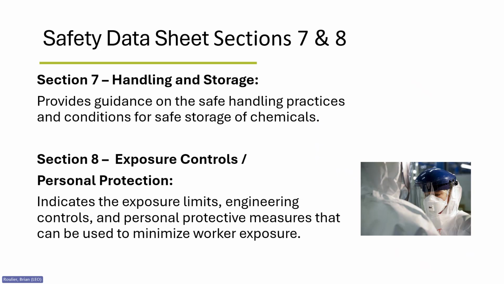Section 8 contains applicable federal OSHA permissible exposure limits and other occupational exposure limits. Specific states like Michigan may have lower permissible exposure limits that are not listed in the safety data sheet. Applicable standards should be viewed to compare these limits to. Section 8 also contains recommendations for engineering controls and personal protective equipment to minimize employee exposure. The recommendations may include specific materials or general recommendations in these areas.